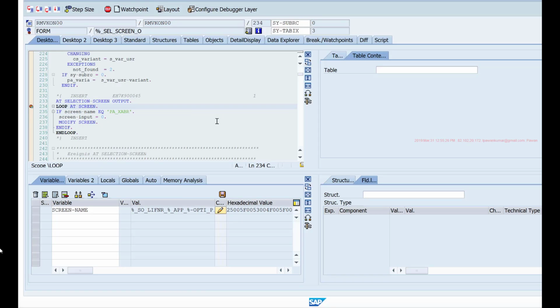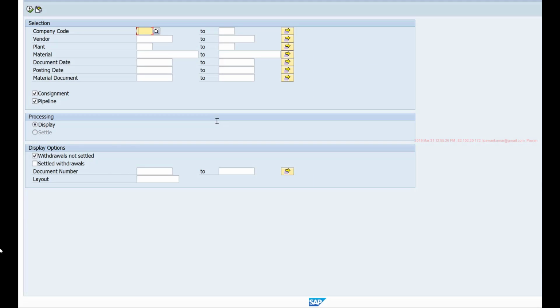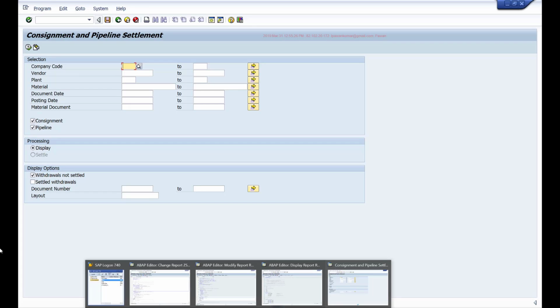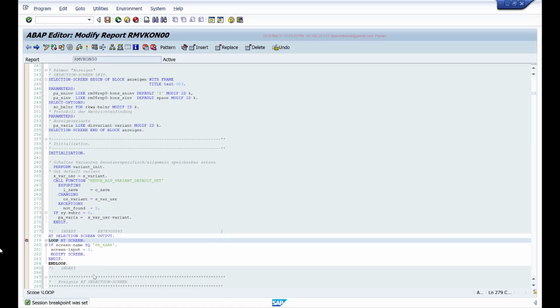Then I'm asking it to modify, so it should execute, and you can see this settle radio button is disabled, so the user will not be able to select it anymore, right? So I could get that additional functionality my user wanted by simply writing some code in the main program, but this is modification, because when I activated this program, this code was added to that existing program's package. So this code is part of the main program now.